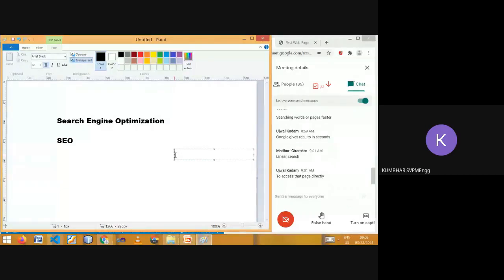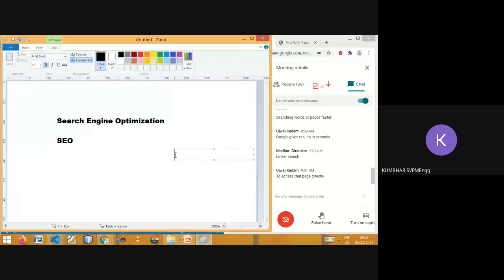Perfect. To directly go to that page fast, so that when we get the page number in the index, we can directly go. The same thing is here. Google does the indexing of different pages, and because of that indexing, from millions of web pages, the Google search engine is able to search that fast.